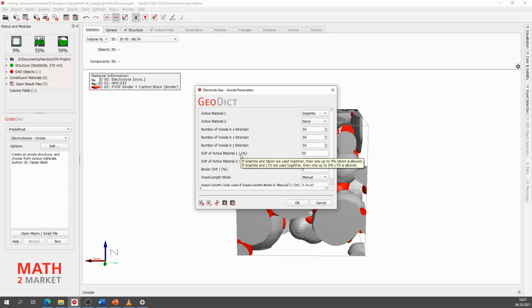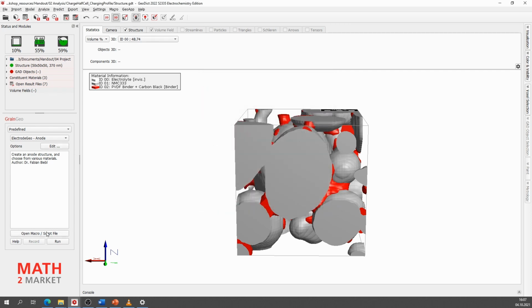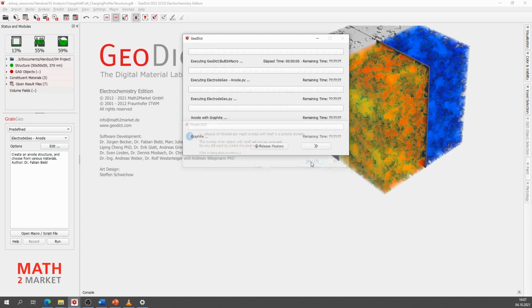The SVP is 55, that's right. The binder SVP is only 5%. We have to click on manual here, and we have to set the voxel length to 3.7, and then we can control all the fields and click on OK, and then we can click on run, and we can create the